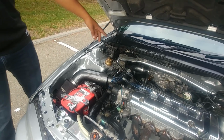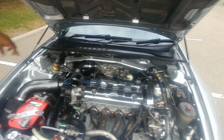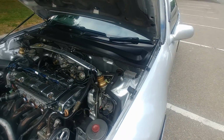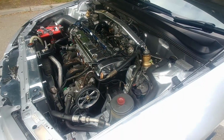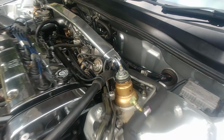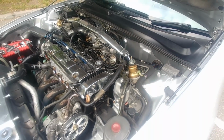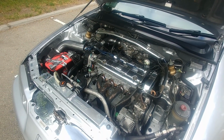Another Spoon Sport strut bar. I've had the bar polished and the ends chromed. For what car is that? It's actually for the Prelude. Nice. And of course my top hats. They look pretty good. Under the hood, a lot of people can't really see it, but one of my favorite pieces